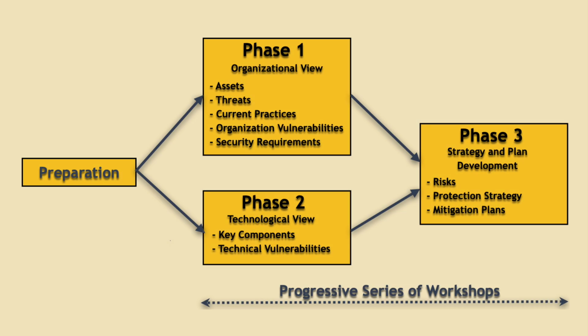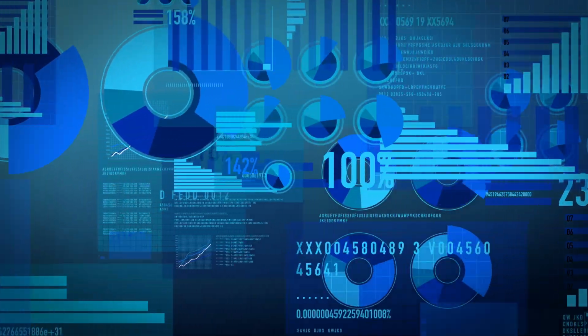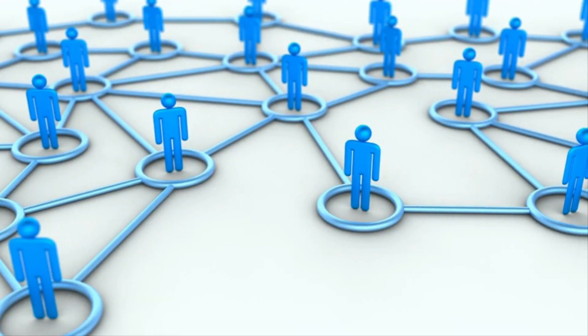A typical OCTAVE implementation proceeds through 3 phases. First, the organization establishes asset-based threat profiles by identifying critical assets and outlining possible threat scenarios. Second, the broader infrastructure is evaluated to uncover vulnerabilities in systems, networks, and practices. Third, the team develops a risk mitigation plan that includes technical, procedural, and policy-driven measures, ensuring security improvements align with business objectives and constraints. Compared to other threat models, such as STRIDE, PASTA, or specific application-level frameworks, OCTAVE stands out